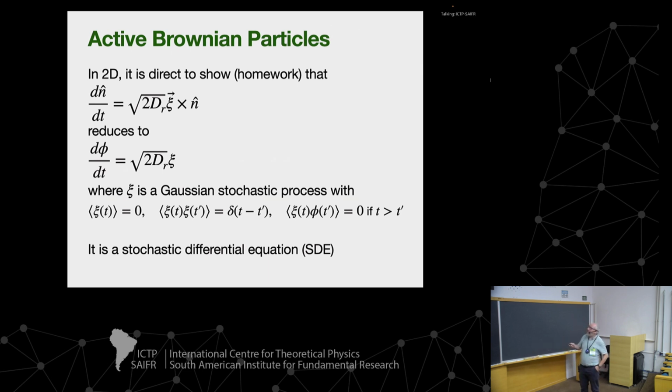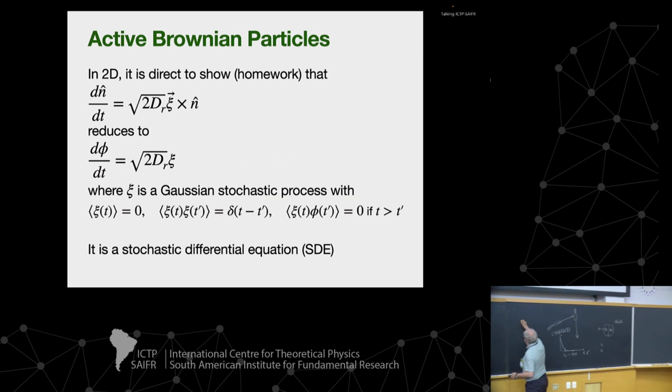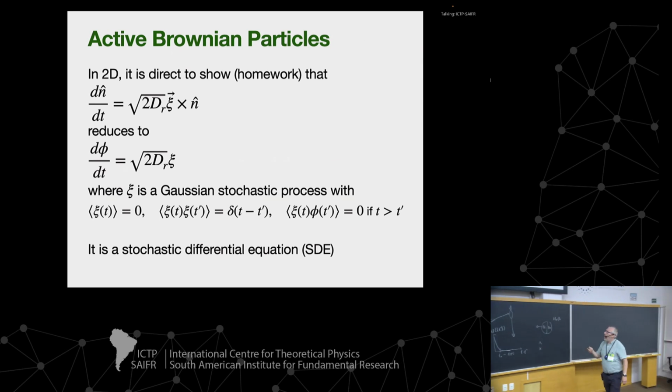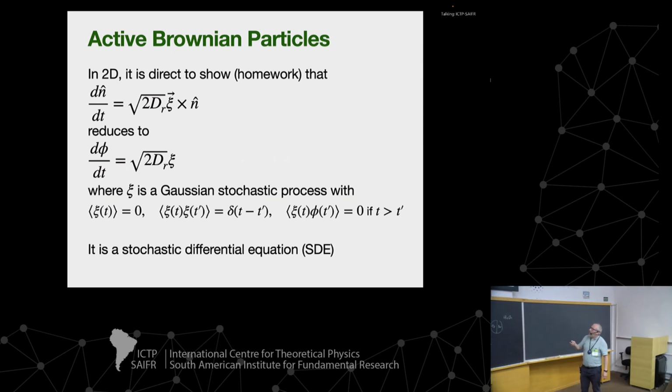Here psi is a white noise, but now it is not a vector. Here is a vector, here is just one coordinate. And the angle for the director, so you have the active colloid pointing in this direction, and this is phi. This angle is evolving like this, following a stochastic Langevin equation. So the first thing, then, if we want to model active Brownian particles, is to see how we're going